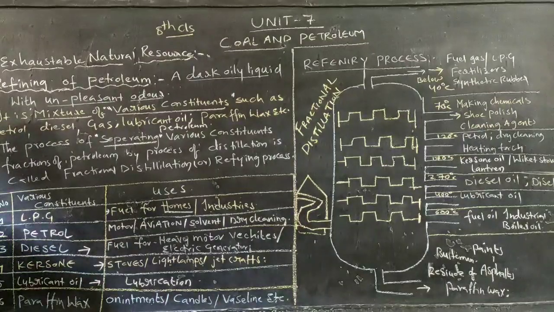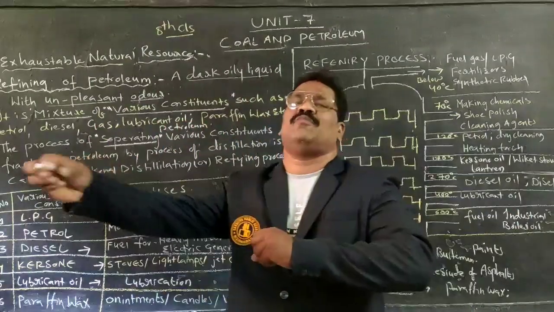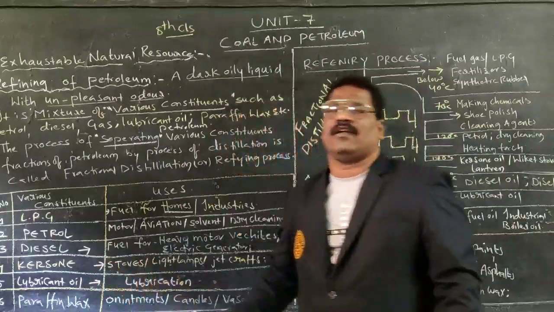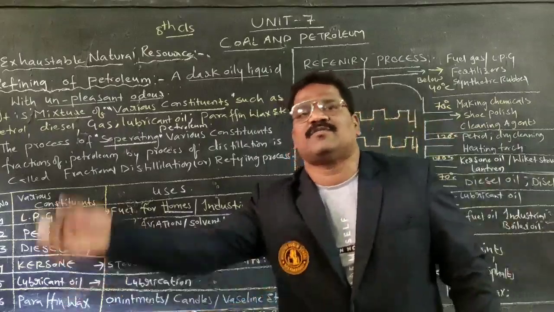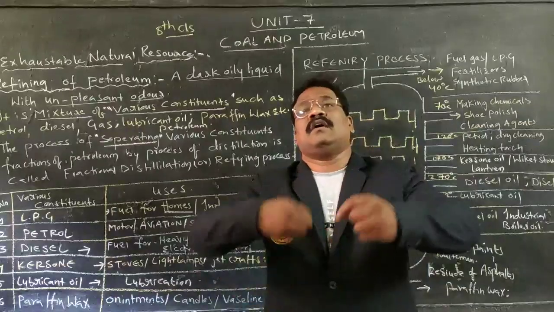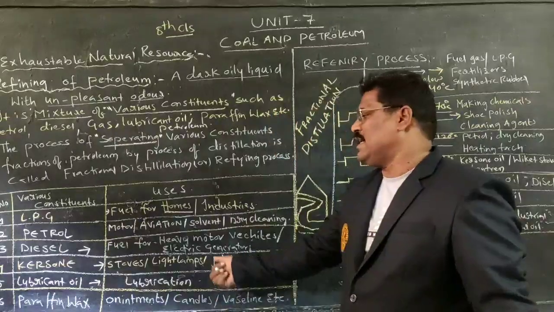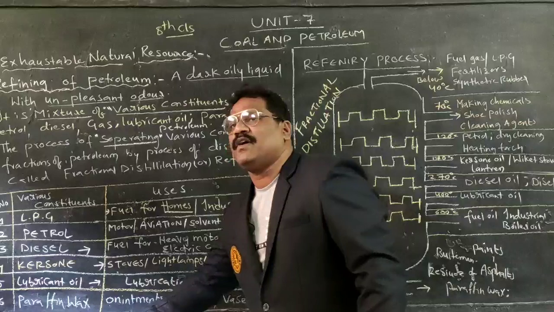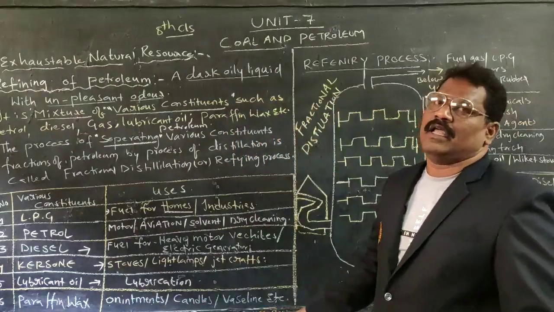Next is lubricant oil. Lubricant oil is useful to run engines smoothly. In vehicles also, we pour this lubricant oil. Lubrication is to make everything run smoothly. When a cycle is not running properly, we oil it so that it becomes frictionless and can move. The best example is lubricant. Paraffin wax is useful for preparation of ointments as well as candles, Vaseline, and so on.